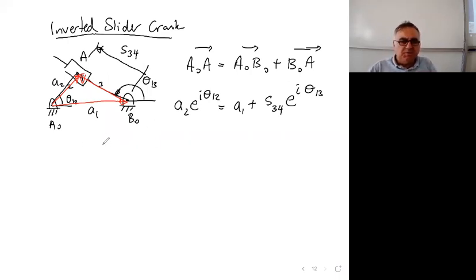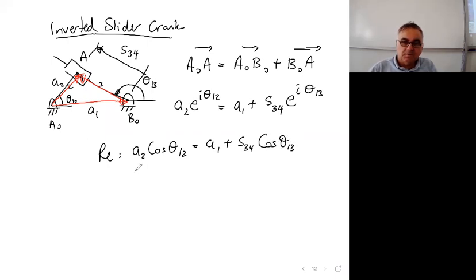So if you separate the real and imaginary parts, it is A2 cosine theta 1, 2 is equal to A1 plus S34 cosine theta 1, 3. And the imaginary part is